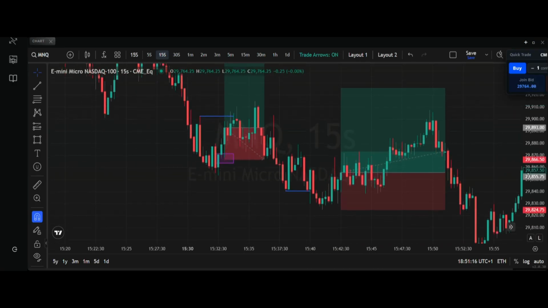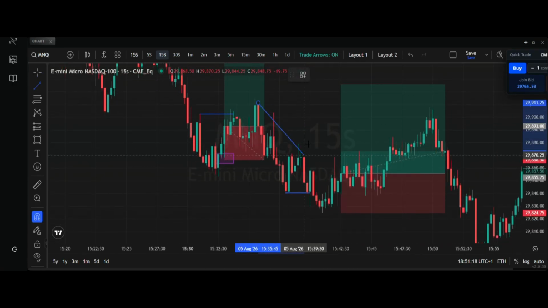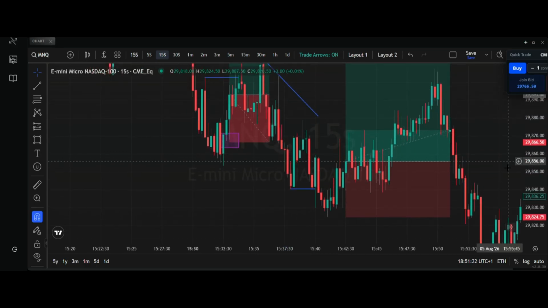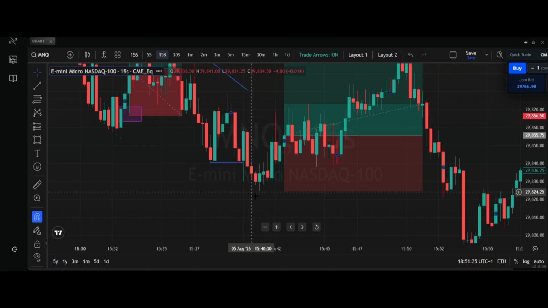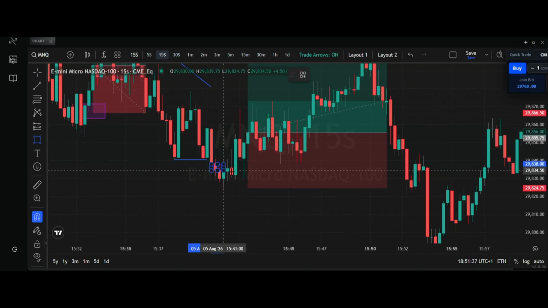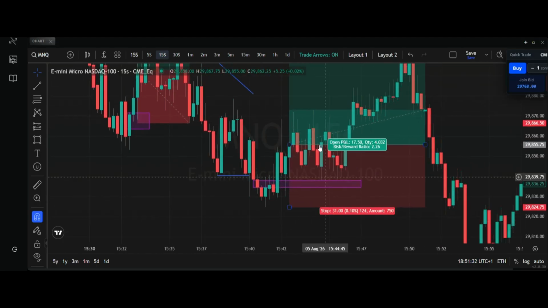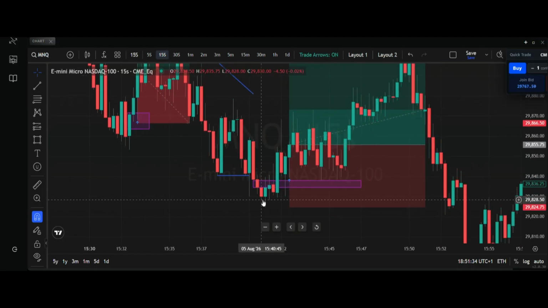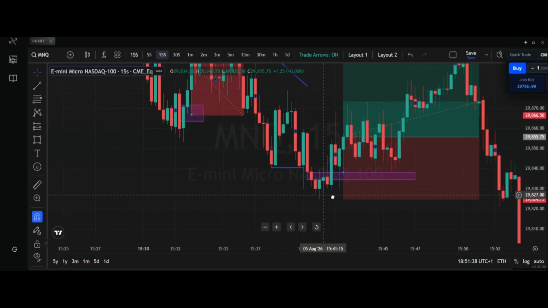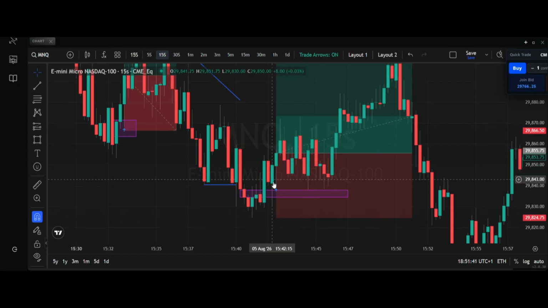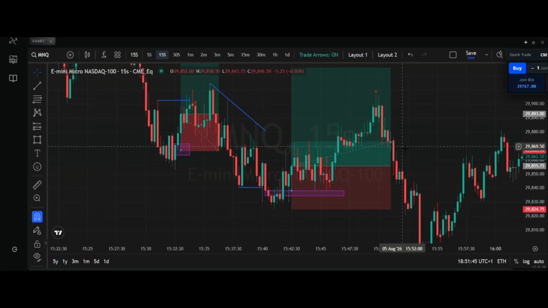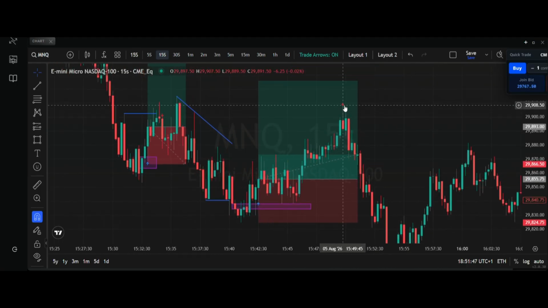We have now slanted highs all here. This is my thought process anyways, and we get this 15-second inversion with an extremely healthy close. So trade arrows on. I didn't take it straight away, because as I was entering, this candle was coming down, so I wanted a little bit more confirmation, so I waited for this candle to form. Once this candle here printed, I entered,